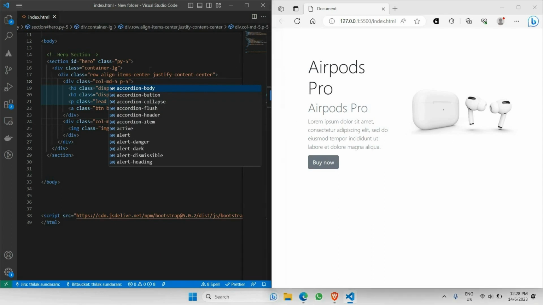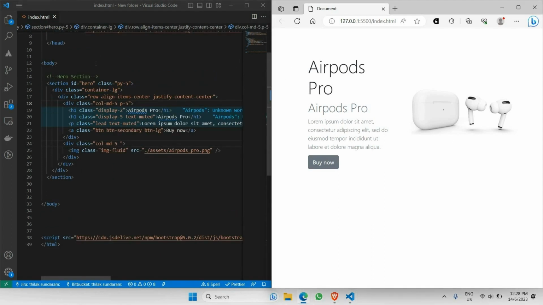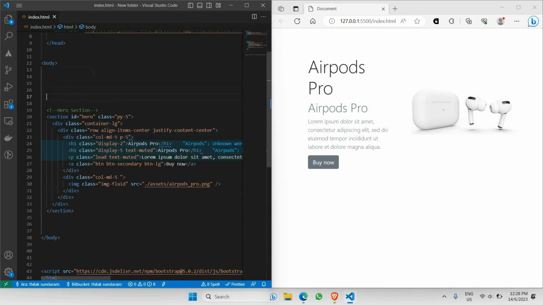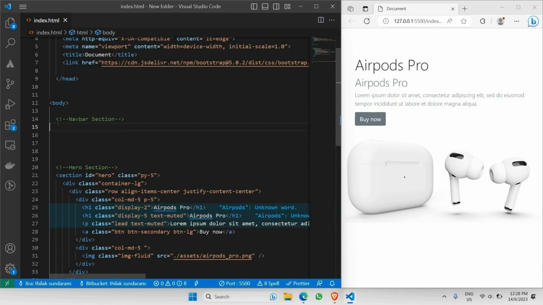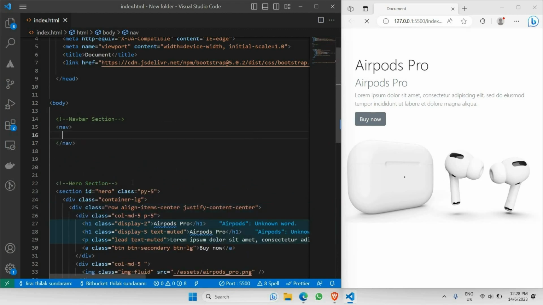And next thing is let's actually add the navbar component right at the top right here. So as you can see right above the hero section, I like to just have a comment here first. So I like to comment right here, just like this. And right here, I like to start with the nav tag like this. And there you go. Right now I won't be able to find anything, but